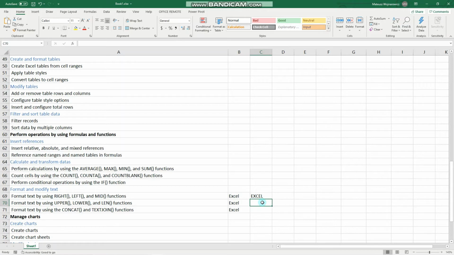Now let's do the same with the LOWER function, which turns it into lowercase. So equals LOWER, text source and enter. Now this word has been turned into lowercase, and the LEN function